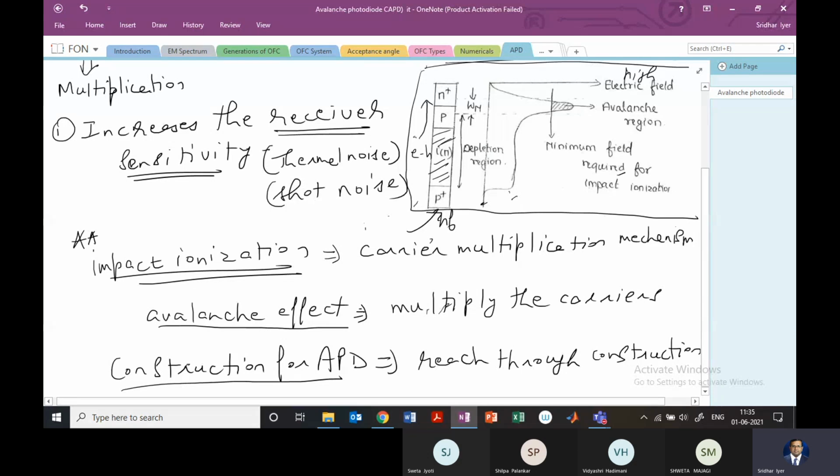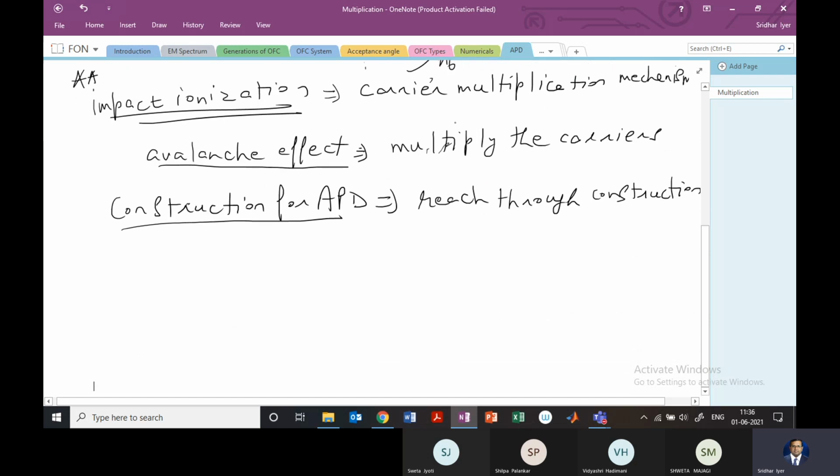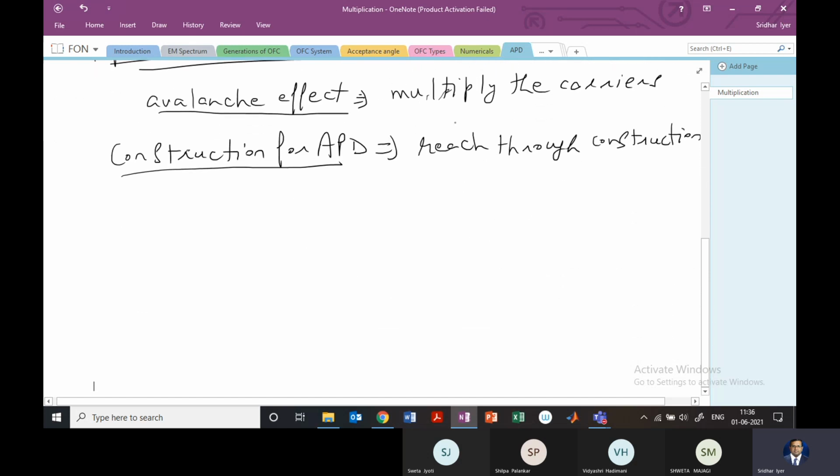And in this region, you can see that we have a very high electric field, right? So in this region, because of the high electric field, the impact ionization is going to take place. It is in this high field region that the carrier multiplication is going to take place, right? So we have some mathematical relation to this. So the average number of electron hole pairs